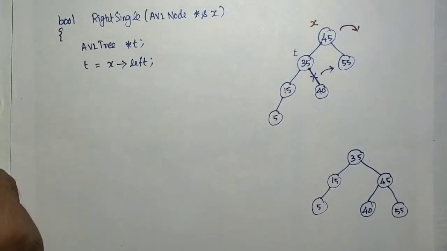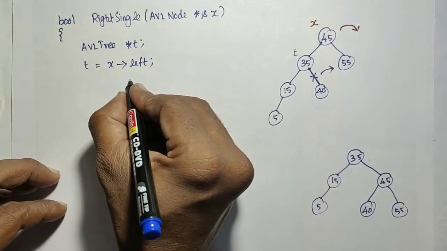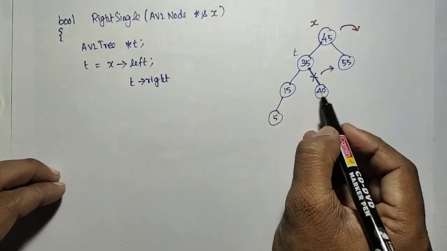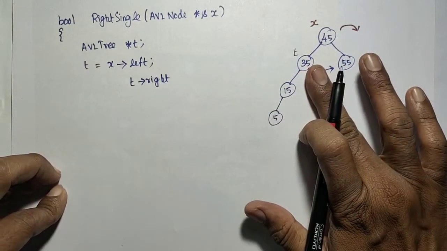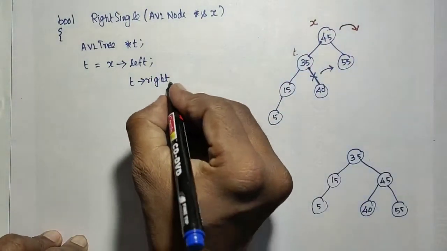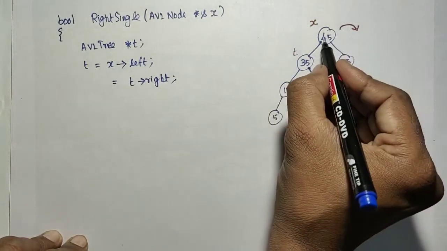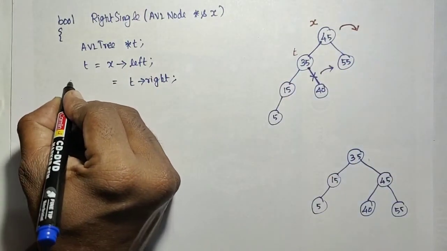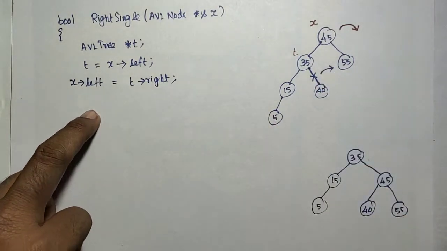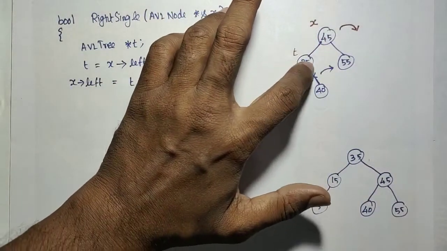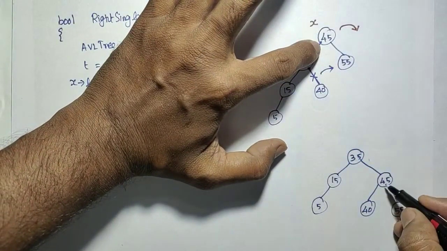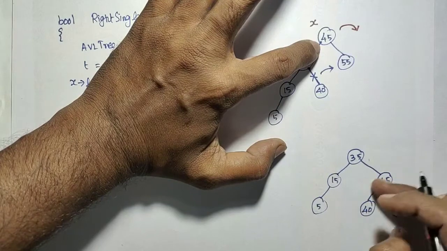So that is the first step, that is the current t of right, whatever the right, it may be the null also. Even if it is null, the null will be copied here. So that t of right has to be assigned to x of left, x of left. So that is the second action. So what is happening here is just t is marked, and then this link is cut and this link is joined. So that 45, 40 and 55, like that it will be coming.